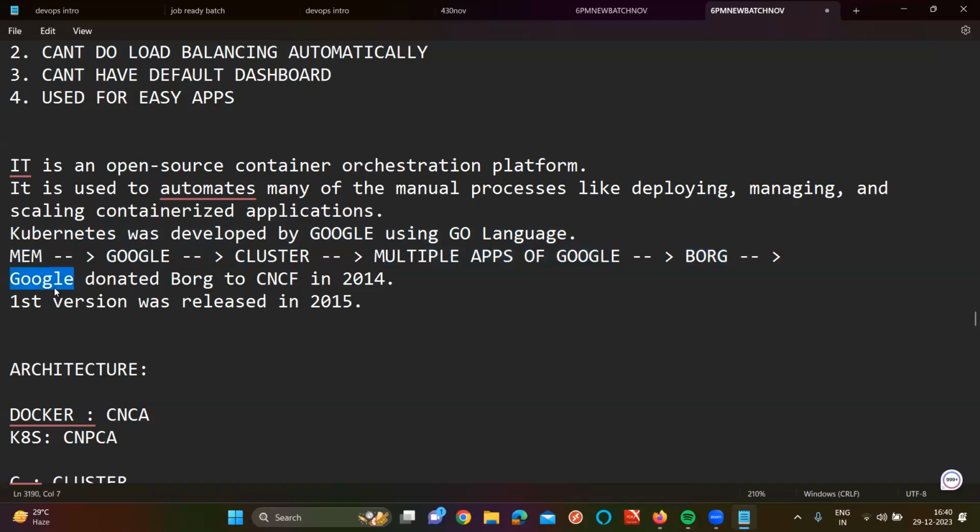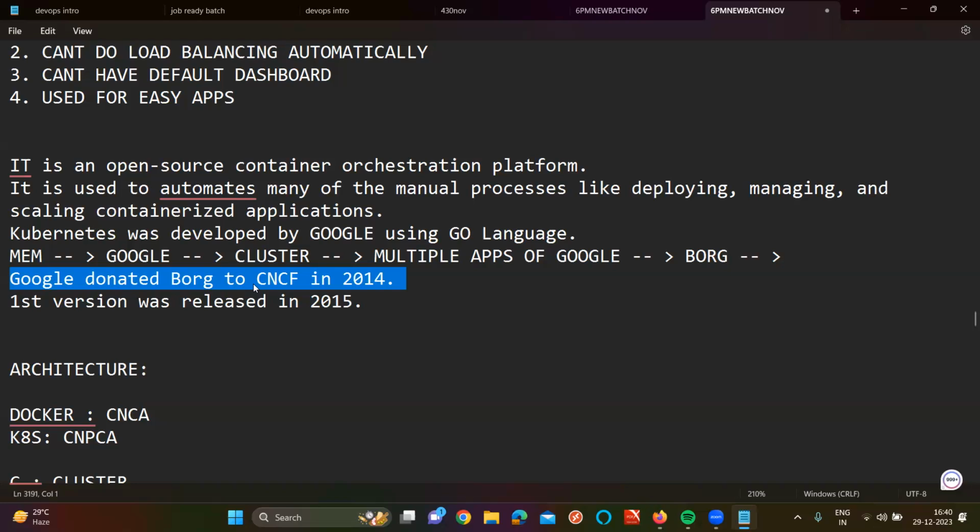Later, Google donated Borg to CNCF in the year 2014. CNCF means Cloud Native Computing Foundation, which develops software and applications for free of cost for our use. So Google donated Borg to CNCF in 2014.